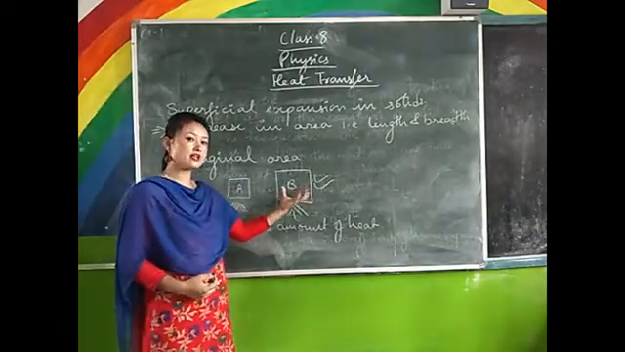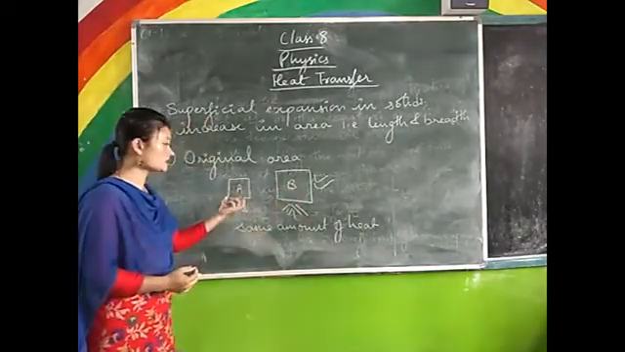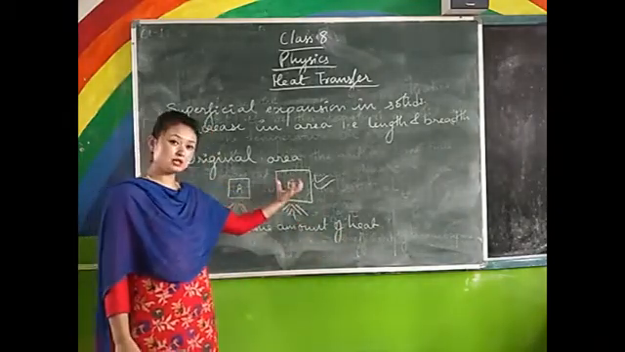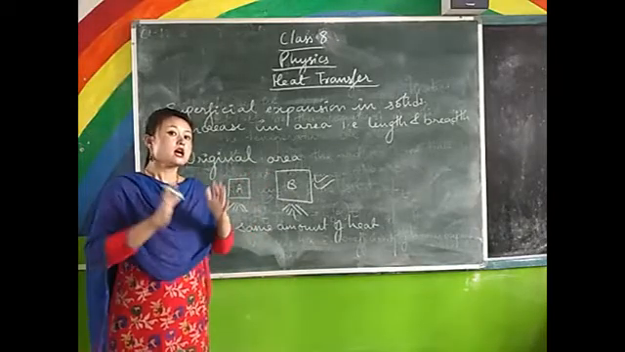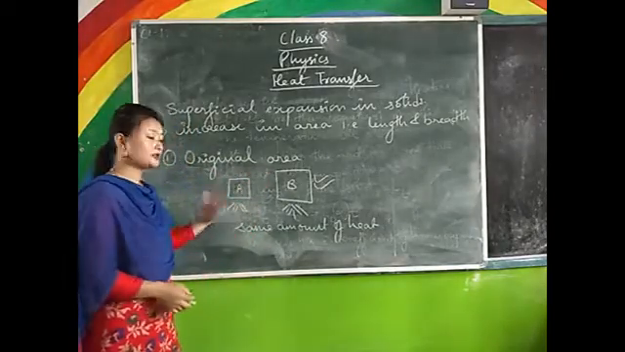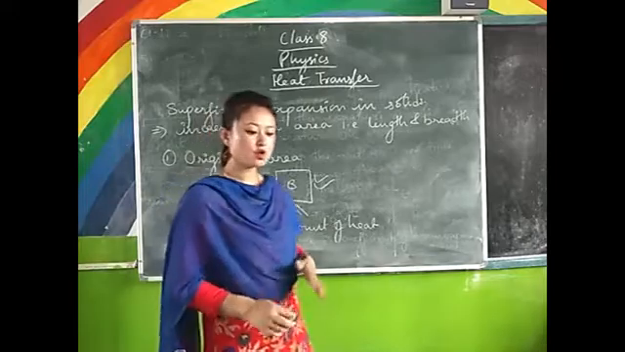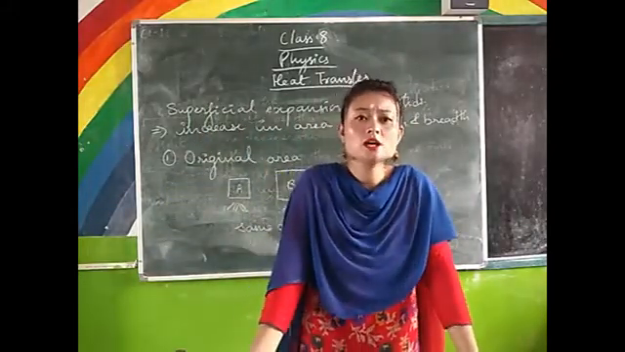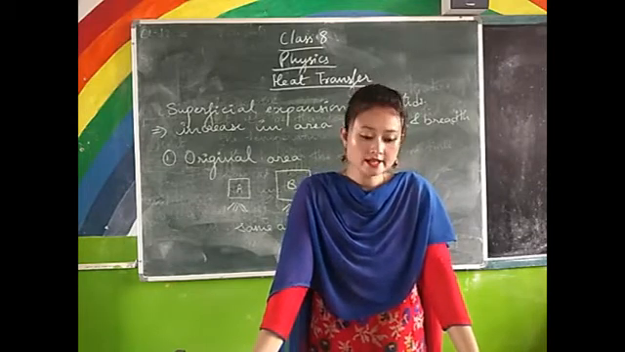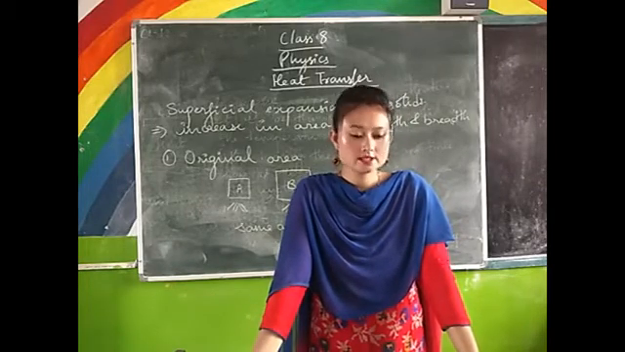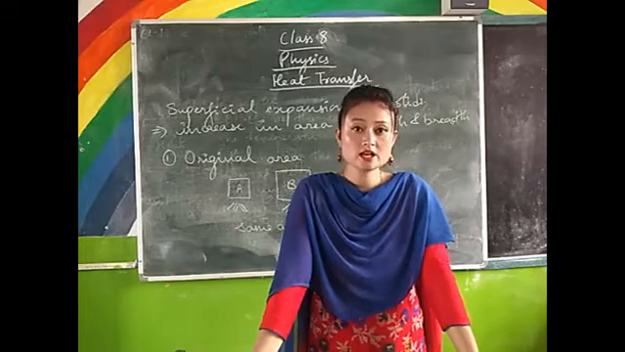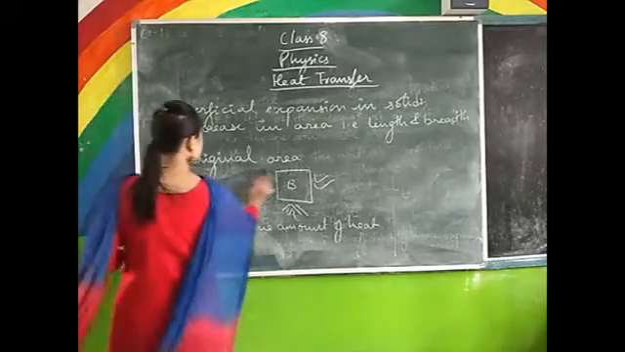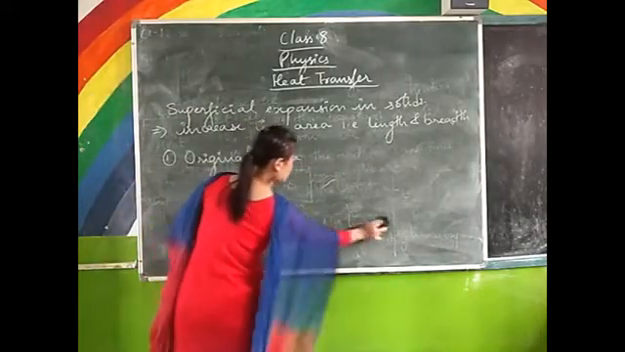Because the original area of B is already more than the original area of A. So despite supplying the same amount of heat, it's obvious that B will have more expansion compared to A. That is your original area. So here in the book it's given: the larger the initial area of the plate, the more is the increase in its area on heating. The second factor that it depends upon is